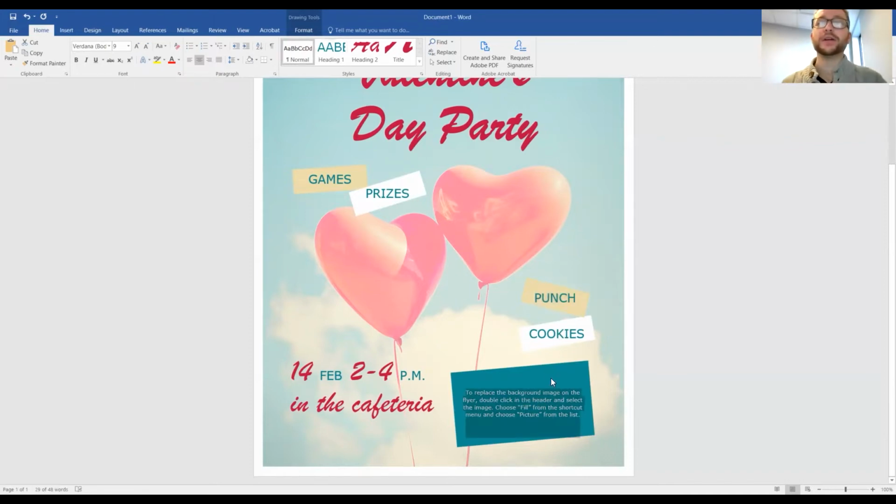All right, so here it says to replace the background image on the flyer, double click on the header and select the image, choose fill from the shortcut menu, and then choose picture from the list. All right, we're going to skip this step for now. We will ultimately end up changing this picture, but I do want to show you the easiest way possible to be able to put this together for our beginner people who are just now putting together these flyers for the